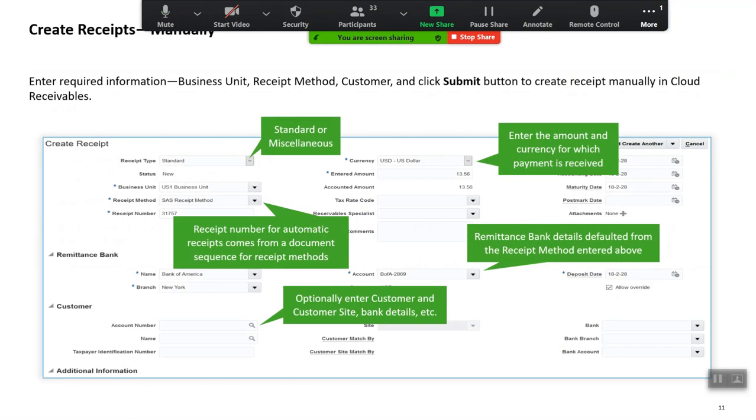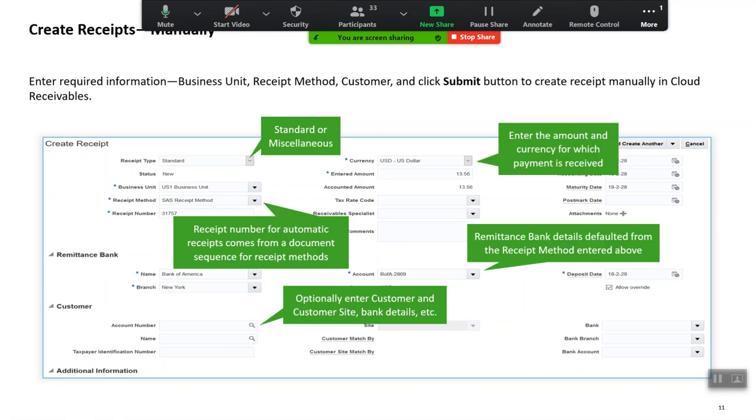Now I'll go to the next slide. Next slide is about you creating a receipt manually in the system. So maybe after we get into the system and check in detail of how this happens as a part of either our hands-on sessions or our pause session. But when you click on the receipt section or the receipt work area and you say create receipts, this is the page that would open up.